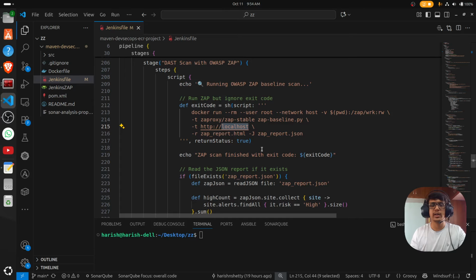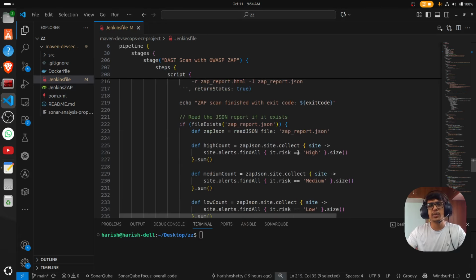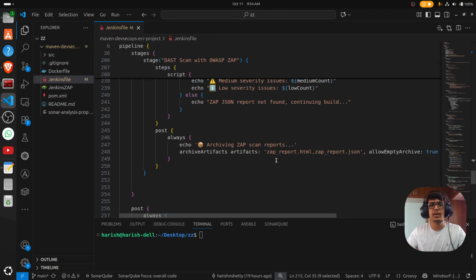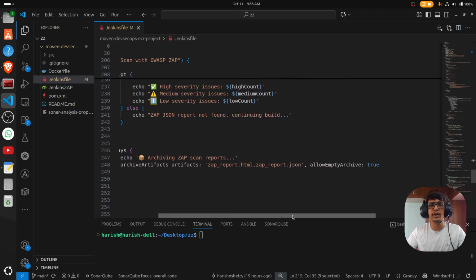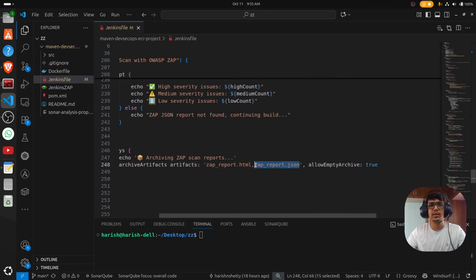So here, for the command of this scanning report, I gave the URL, because my Docker container is running inside of the Jenkins server, right? That's why I'm redirecting to the localhost. If you have hosted this on ECR, ECS, maybe, there is a load balancer address, so you can give that load balancer address here, and it is going to generate it. Okay, so for testing purposes this is enough to check it, and it is going to archive the report of the ZAP,